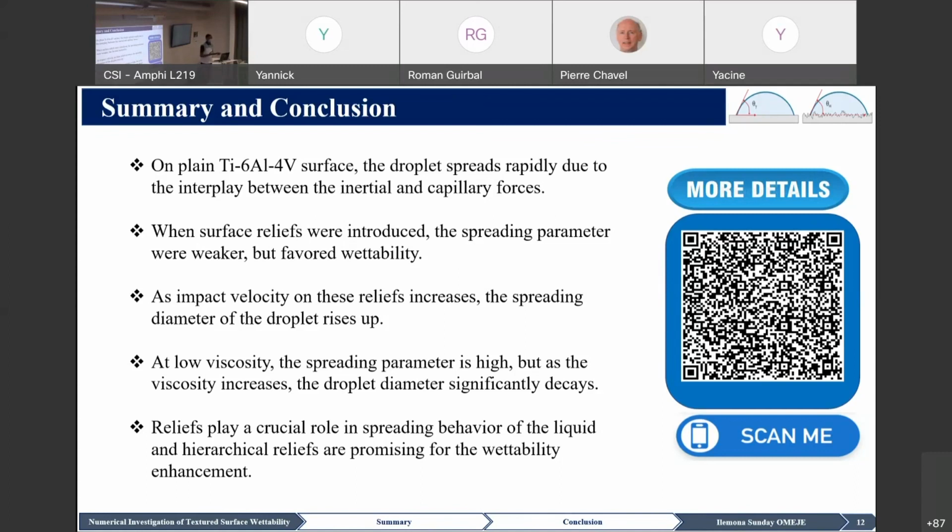And as a global conclusion, we can say that relief plays a crucial role in the spreading behavior of liquid, and hierarchical reliefs are promising for the